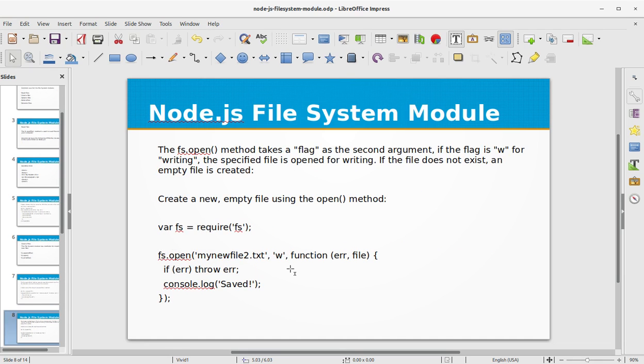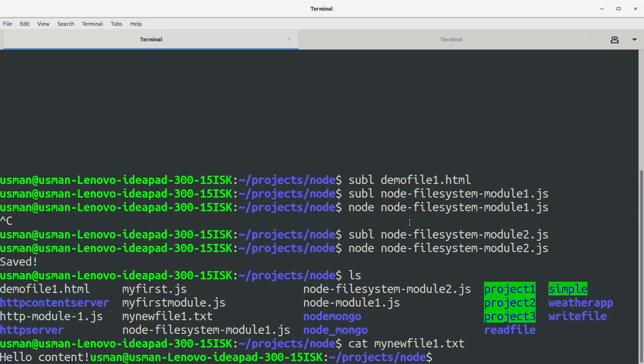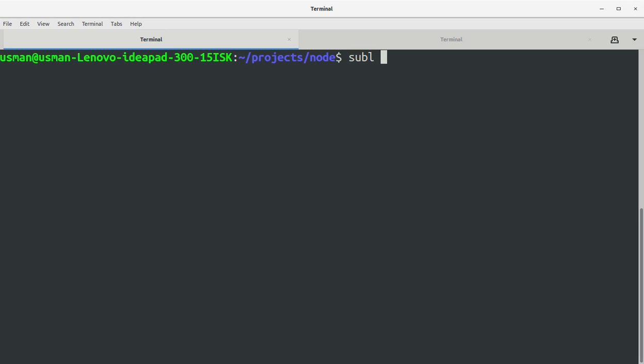Okay, let's look at the next method, fs.open. The fs.open method takes a flag as a second argument. If the flag is w for writing, the specified file is opened for writing. If the file does not exist, an empty file is created. Let's create a new file using the open method. I'm going to create a new file for this, node file system module3.js,